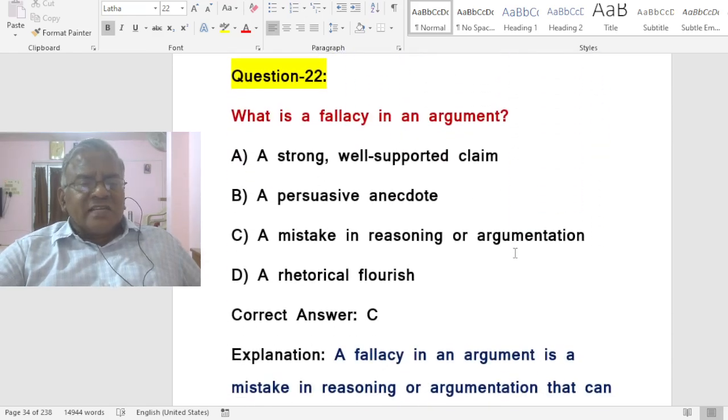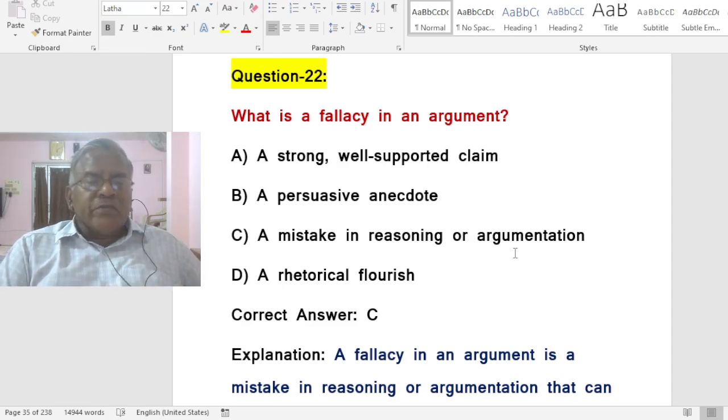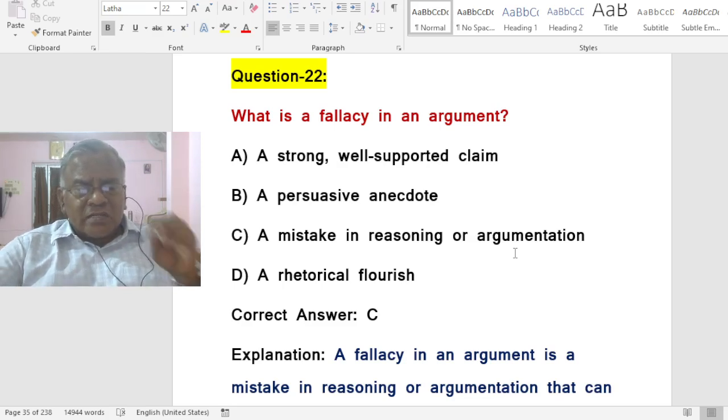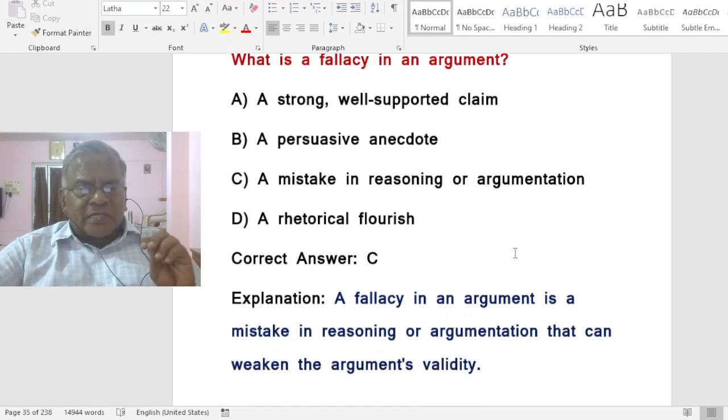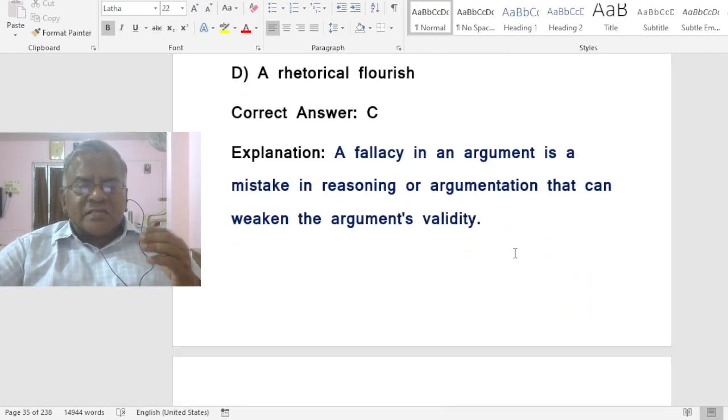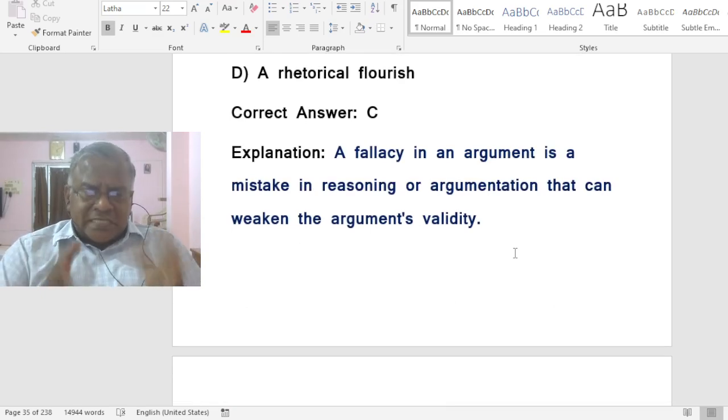What is a fallacy in an argument in general? What is the meaning of fallacy? A. Strong, well-supported claim. B. A persuasive anecdote. C. A mistake in reasoning or argumentation. D. A rhetorical flourish. So what is the correct answer? A mistake in reasoning or argumentation. That is called a fallacy. A fallacy in an argument is a mistake in reasoning or argumentation that can weaken